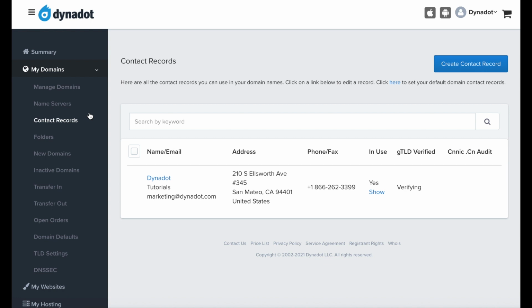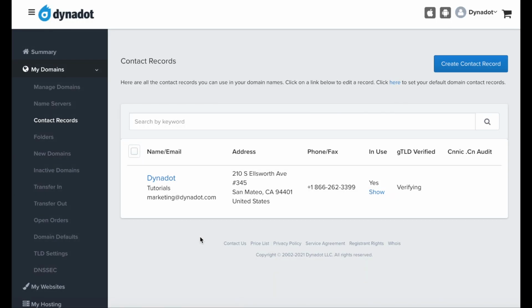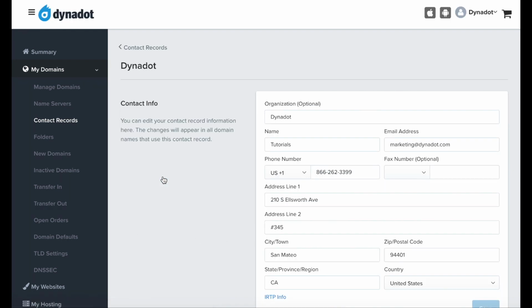Click on the link associated with the contact record you wish to edit in the Name email area. You'll be prompted to unlock your account by entering your birth date. Once you've unlocked your account, click again on the link associated with the contact record you wish to edit in the Name email area. Edit your contact record in the provided form and press the Save button to save your